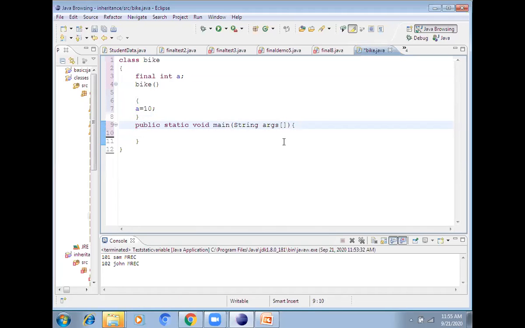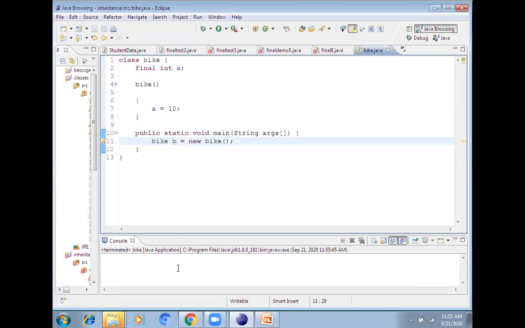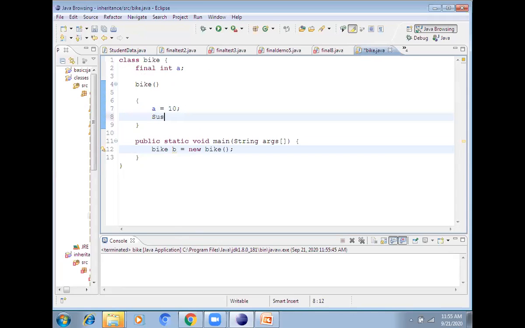Initialize inside the constructor. So what you are doing is, I'll create an object. Constructors are for creating objects. This is a default constructor. If you are not defining a constructor, the compiler will automatically call a default constructor internally. Here I defined the constructor. So you can see this. Okay, let's print it. We need to print that value a. So you can see the output.